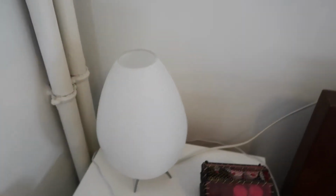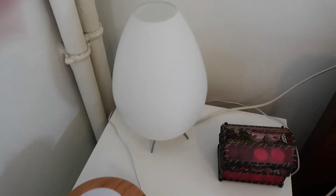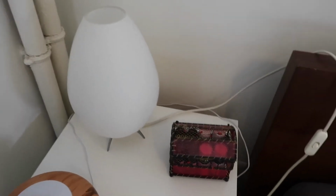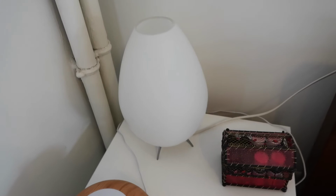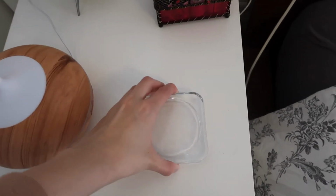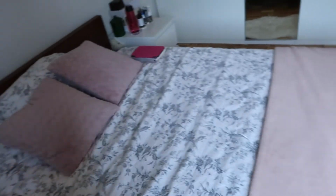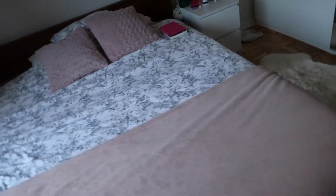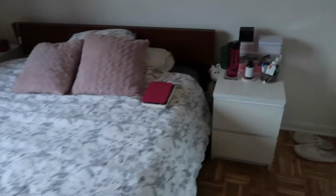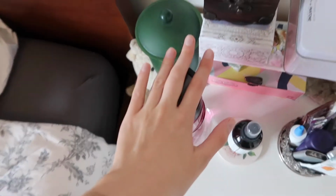And then this lamp used to belong to my parents, but I think I accidentally broke the other one, and then I got this one because they needed two matching ones. So yeah, I broke one and I got the other. And then I have two of these, I think they're from IKEA, glass, what's it called, coasters. And then my bed. And then over here I have the other coaster with my trusty water bottle,